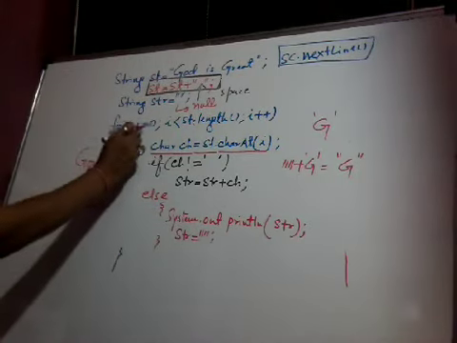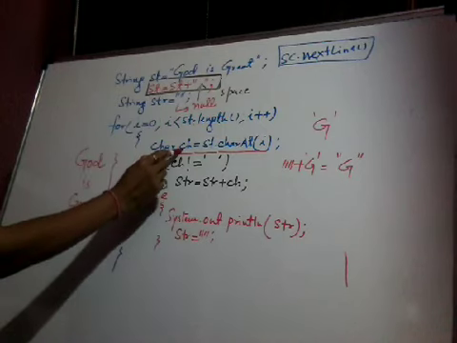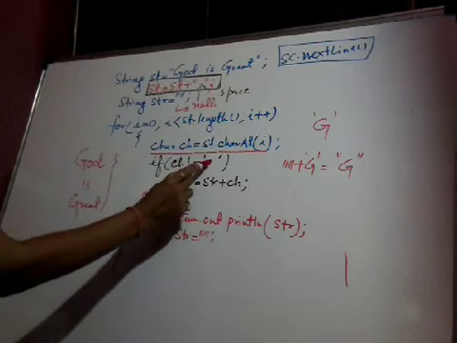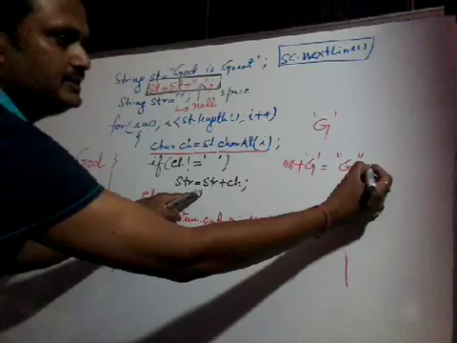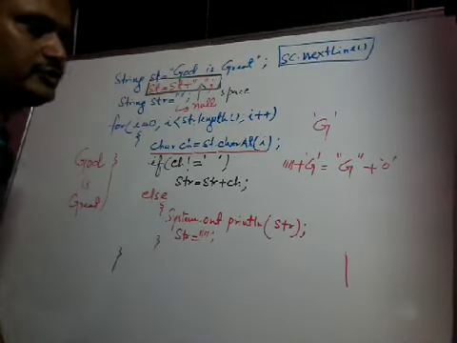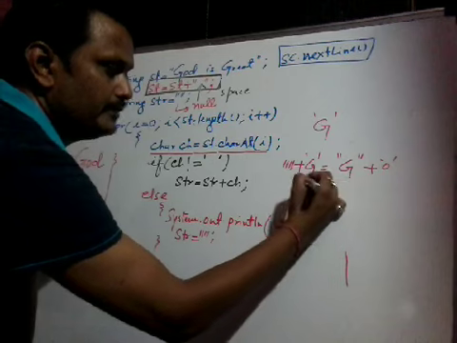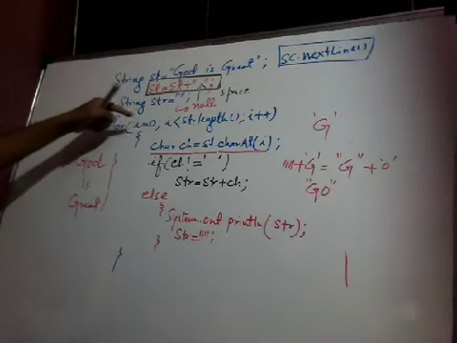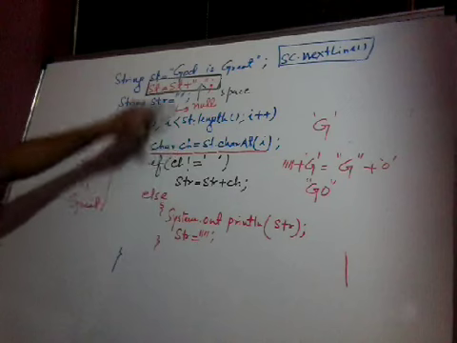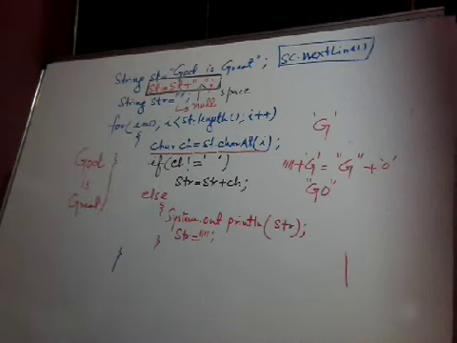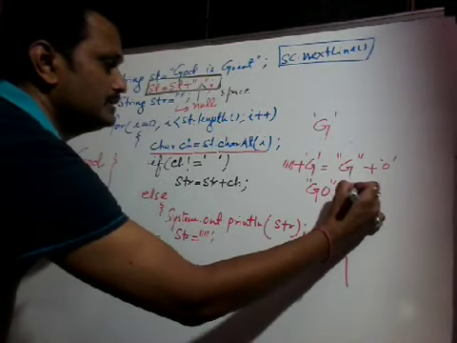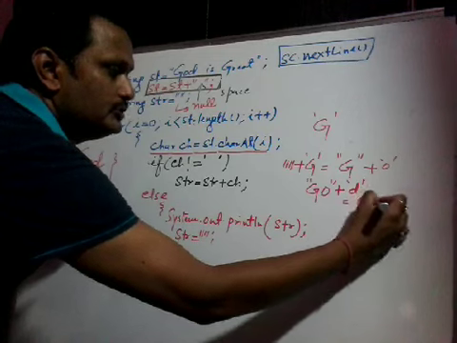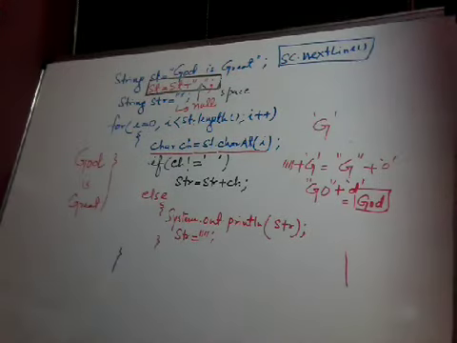Again it will go there, the value of i will be 1. It will extract O. O is not equal to space. Condition true. str = str + ch. The value of str is G plus O. String plus character, your answer will be the string GO. Next time the value of i will be 2. The value of ch will be D. D is not equal to space. True. str = str + ch, that is GO plus D. Your answer will be God, as a string.